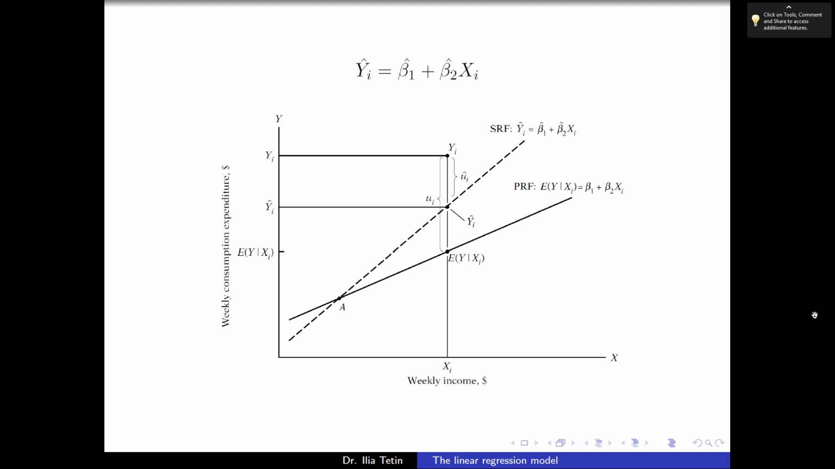Now here, what we can see on this graph. The bold line represents the population regression function, PRF. It's just the value of beta 1 plus beta 2 xi. So this is the expected value of y given xi. So if we measure here, we get the value, which is the average. And at the same point, we estimated different